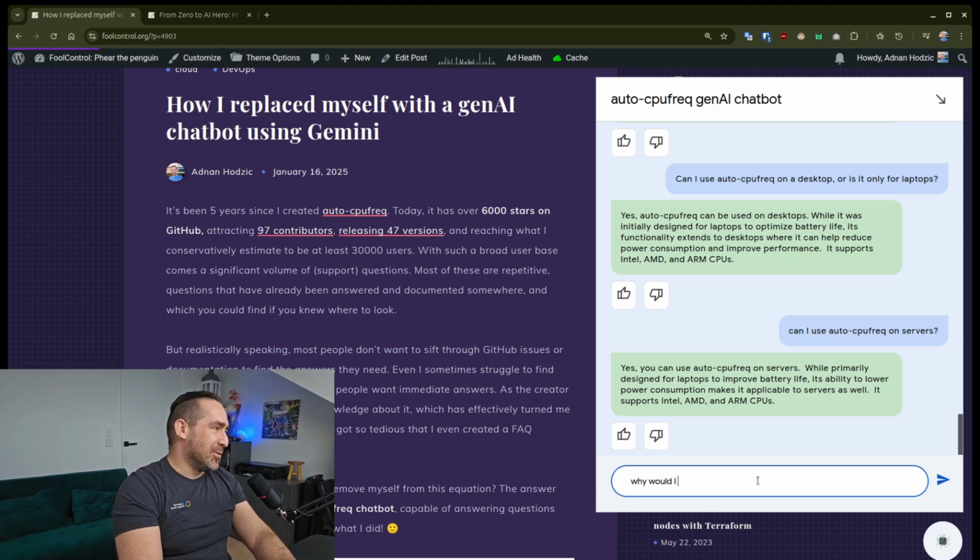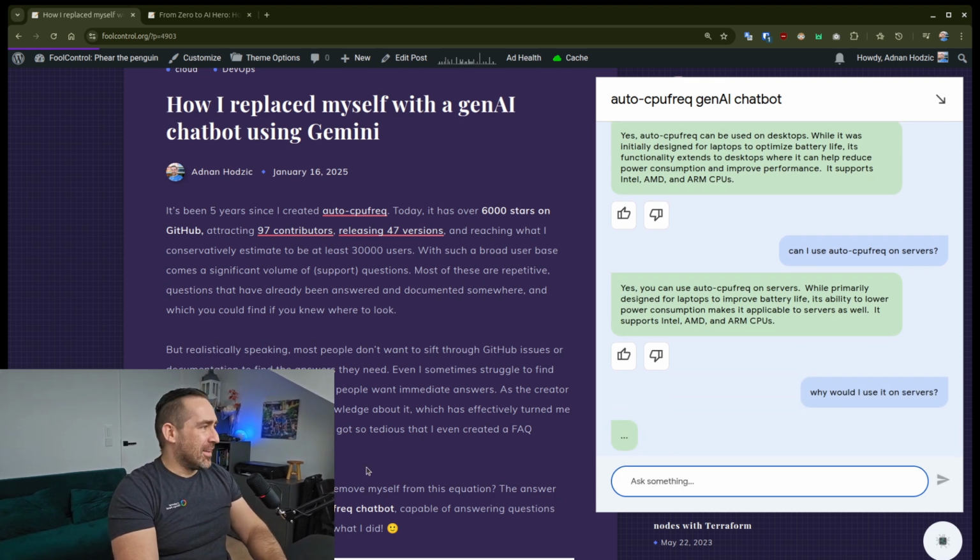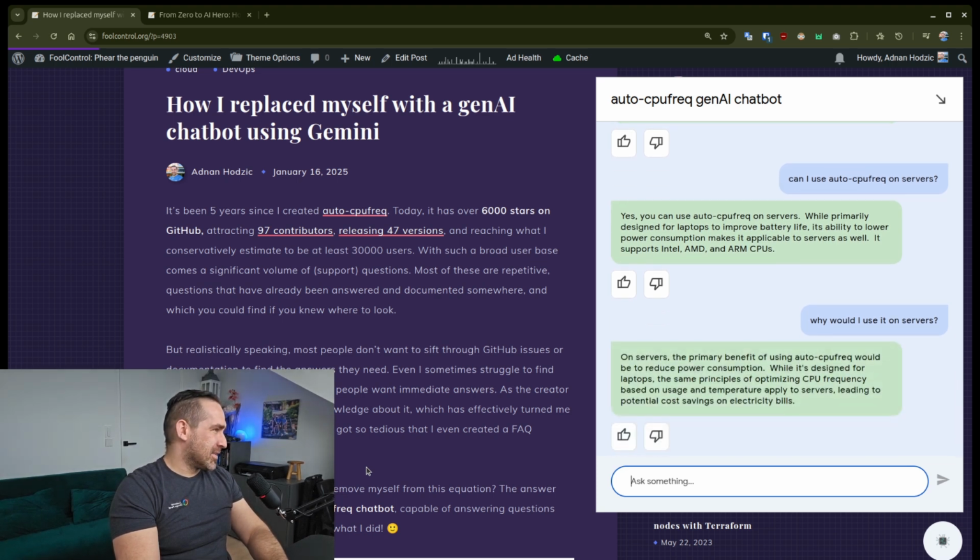Why would I use it on servers? And I'm doing this on purpose because, yeah, so it's telling me that you could reduce power consumption, leading to potentially cost